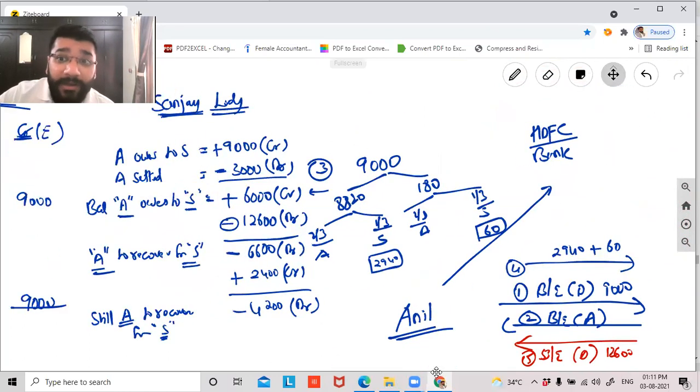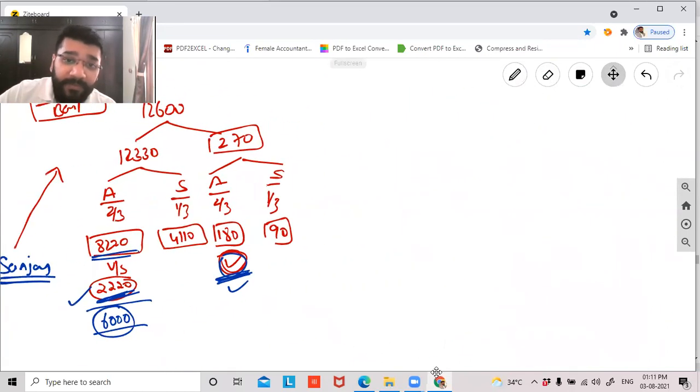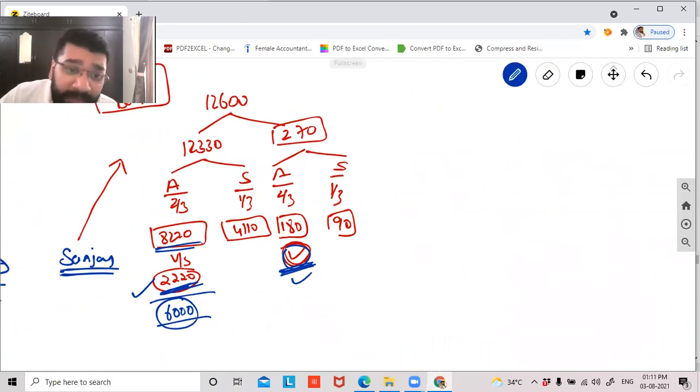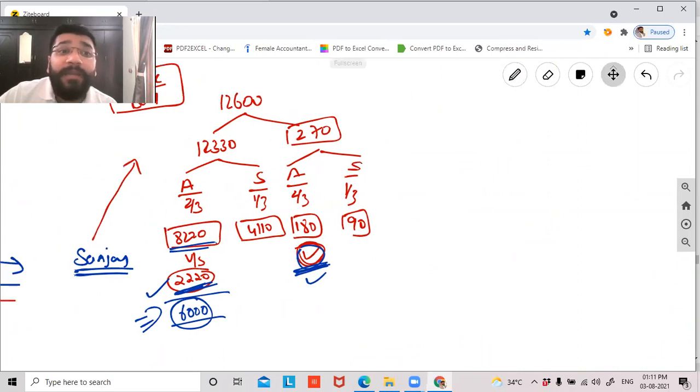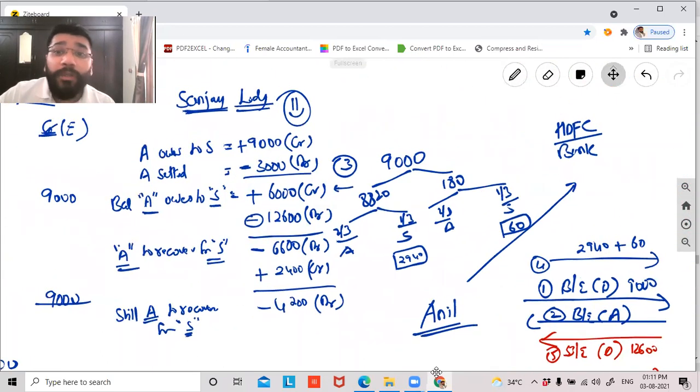So that is why, guys, this ledger is capturing all the transactions: who paid whom and who has to receive from whom. Everything in order. So this is the perfect balance. Don't go with the other balance, guys. That balance is only for this particular bill, where you're calculating the 6,000 rupees. But we have to calculate from the beginning till the end. The total amount we have to receive and pay, from the total angle, the final amount which A has to recover from S is 4,200. Are you able to understand?